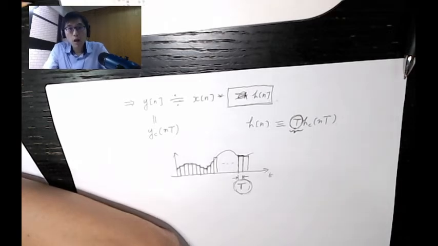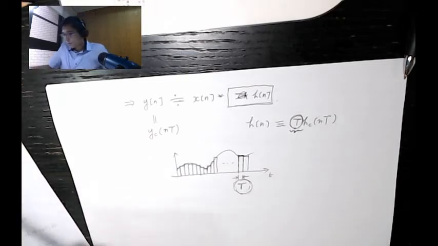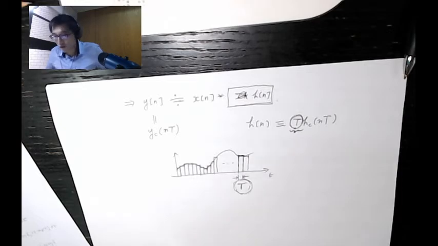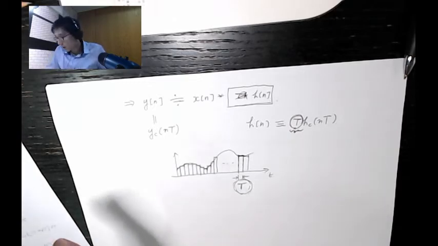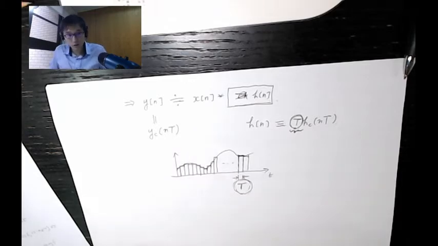I hope that addresses the question of why there's a factor of T. Short answer is you need to make the units correct. Longer answer is really the spirit of integration. Convolution is integration in continuous time. And to simulate this operation in discrete time, what you need to calculate instead is a Riemann sum, and there the factor of T occurs.